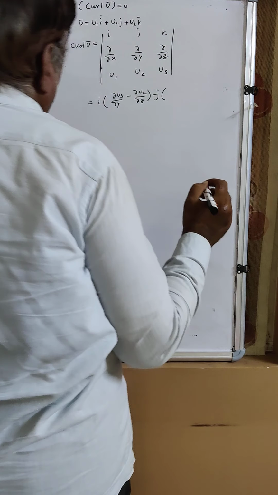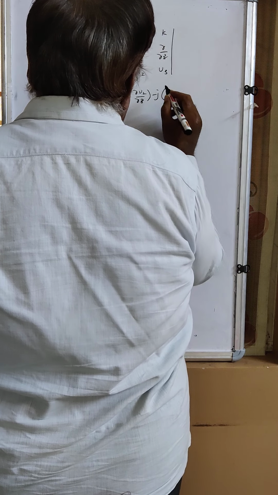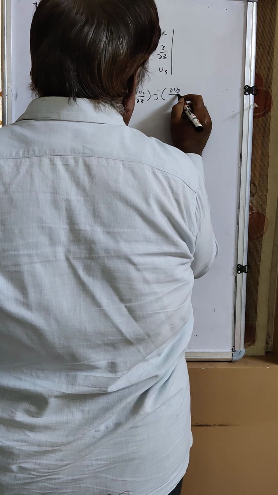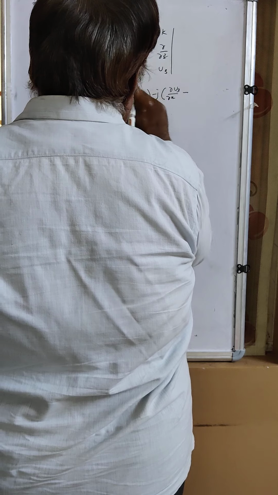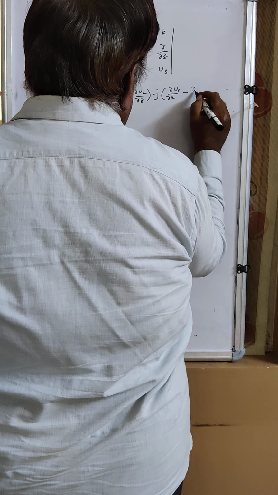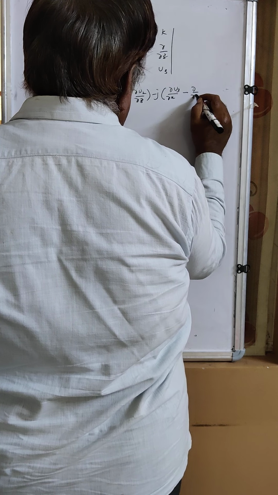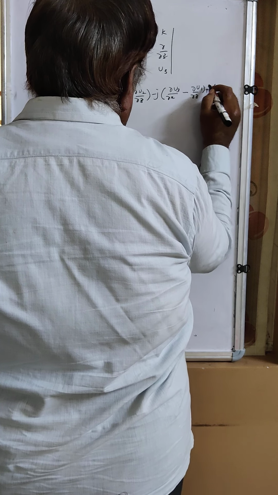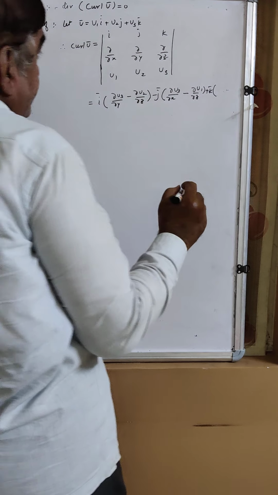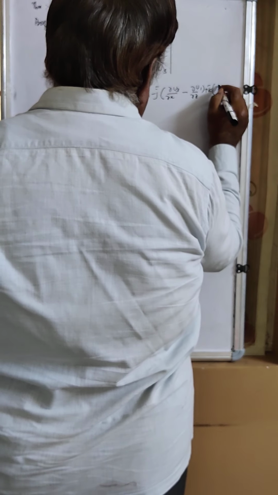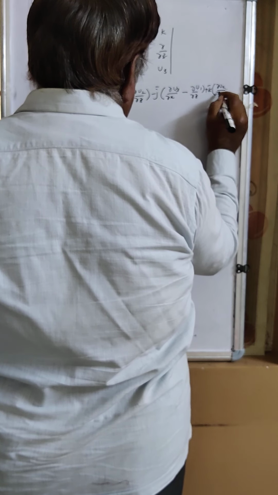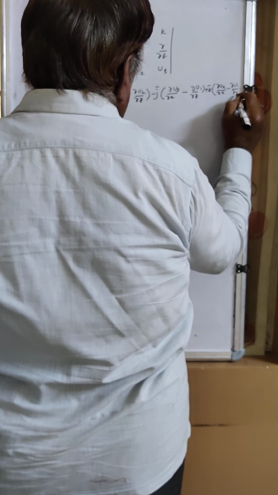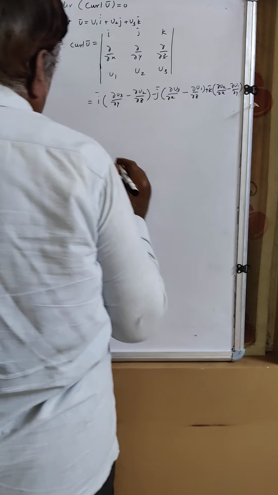del u3 by del x minus del u1 by del z, plus k vector del u2 by del x minus del u1 by del y, is equal to,